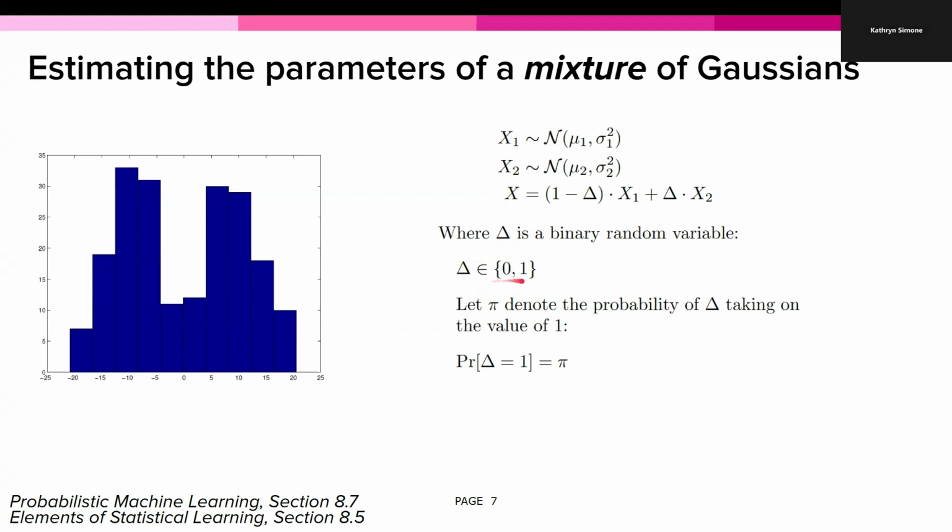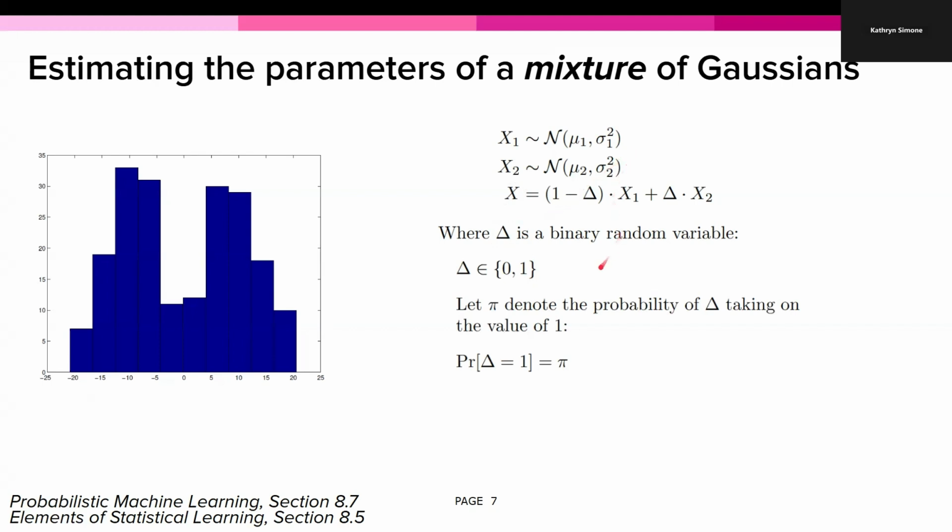It's going to take on a value of either 0 or 1, and it's going to determine whether we sample from the first or the second Gaussian. The full random variable x is generated by first sampling delta, so it will either be 0 or 1. And then once we know that, either the first or the second normal distribution is chosen